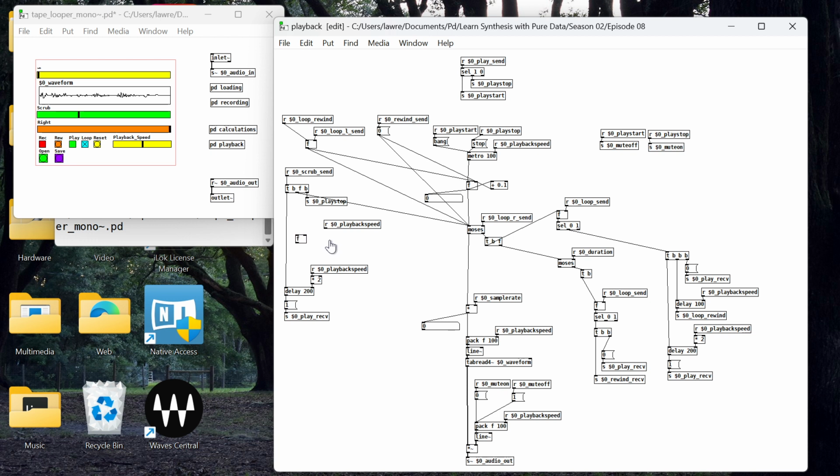So what we're going to do is make a float box where we store our scrub time, like the time that the playback's going to go to. And we're going to delay. I'll put in the default of 100 milliseconds, but playback speed will override that in case you change the playback speed. And this will bang out this number here that will then go into the places we were going before. Right inlet of float and the left inlet of Moses. So that's the thing. It wasn't delaying going there until things were muted. We want it to delay